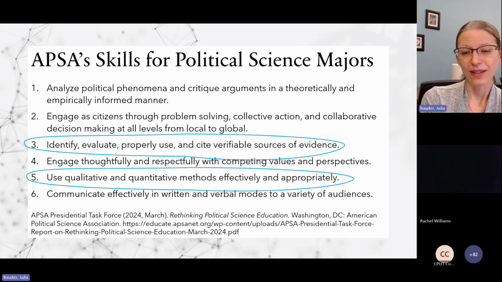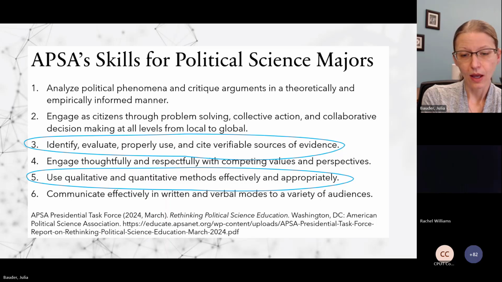And number 5 isn't much better. Data discovery gets a brief mention, and you might see some allusions to data evaluation if you really squint, but there's nothing at all about data curation, data preservation, data sharing, metadata, any of those skills. This description is really about teaching students to understand different empirical research methods and how to carry them out effectively